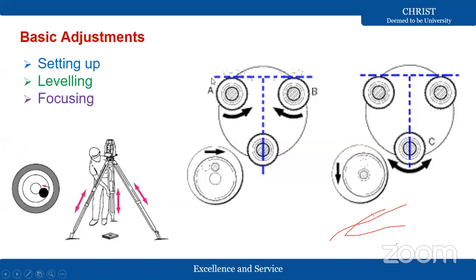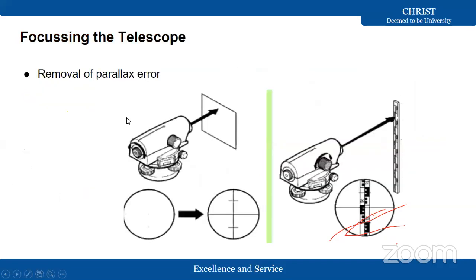The first telescope position is this line. The second one is this one. Now I am going to operate the third foot screw. If you operate the 2 foot screws parallel to the telescope, the bubble will be like this. If you do the second operation, rotating this one, it will almost come to the center. Again you operate this one inward or outward. These are the leveling operations, how to do the leveling.